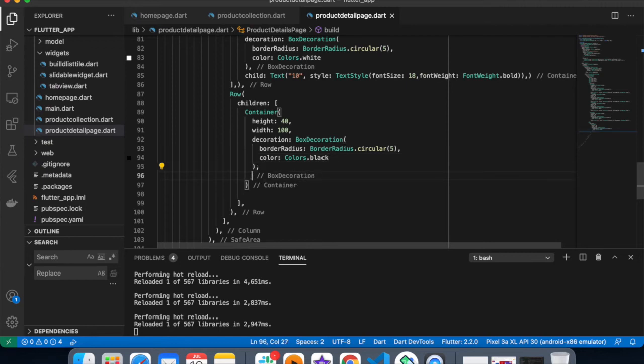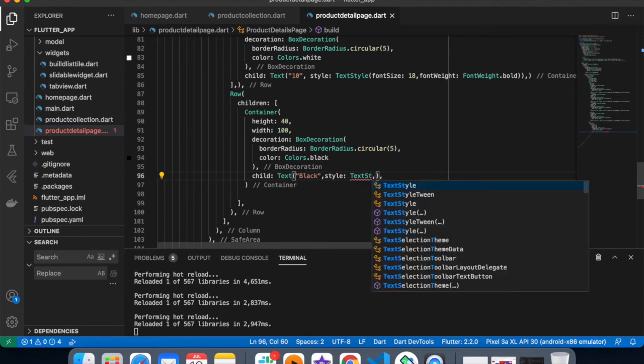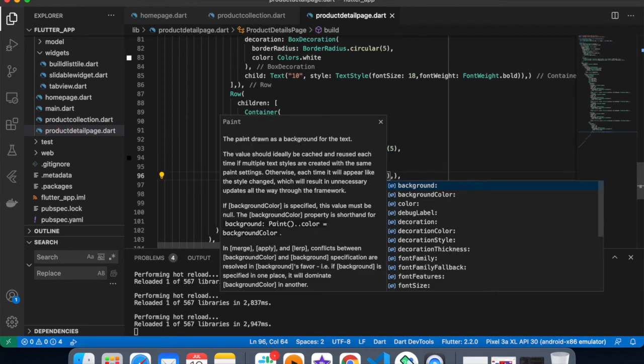and also we're giving the child text as black to give the option to the user to choose either black color of the shoes or white color of the shoes. If you want, you can also give more options to the user, and just give some style to this text style.